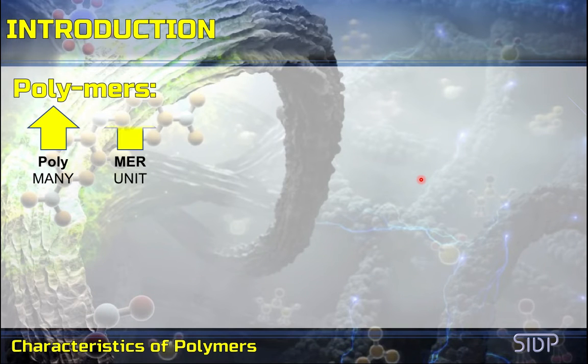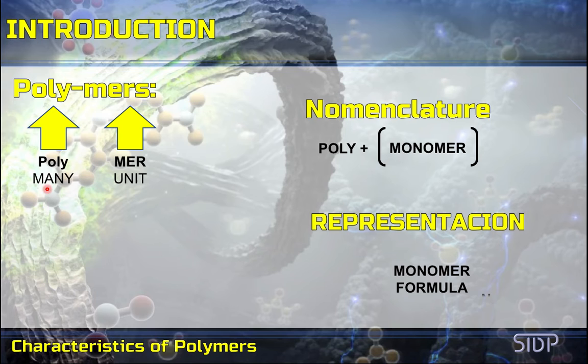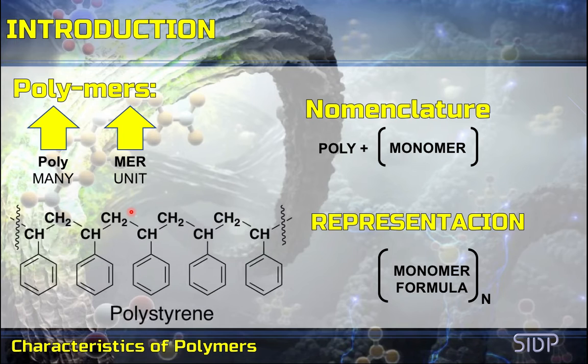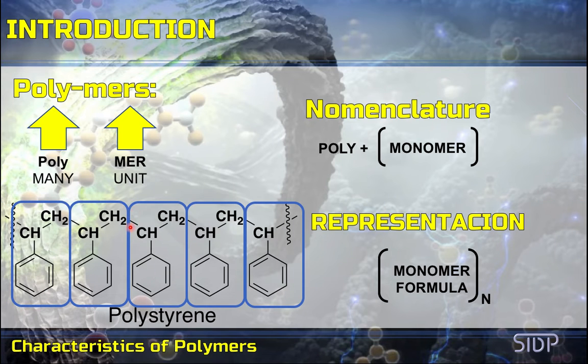The name polymer is derived from the Greek poly for many and meros for parts. A polymer molecule consists of a repetition of the unit called a mer. Mers are derived from monomers, which, as we have seen for polyethylene, can link up or polymerize under certain conditions to form the polymer molecule. The number of mers, or more precisely the number of repetitions of the mer in a polymer chain, is called the degree of polymerization.